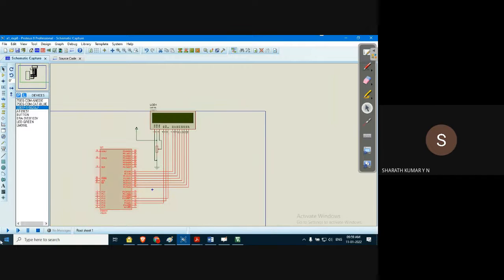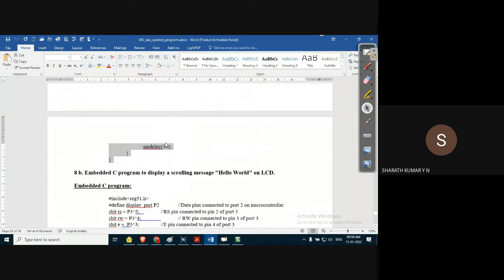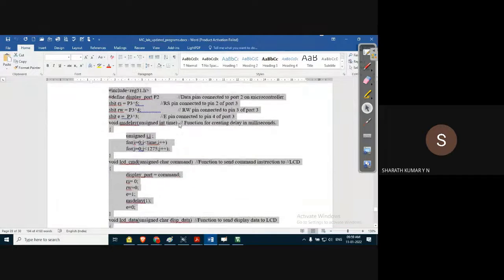To execute the project, you can see a play symbol at the bottom left corner. Click on that. If everything is okay connection wise, it should start executing the program. It will start executing the code. Very simple. This program displays a character. We can change the character and display it.